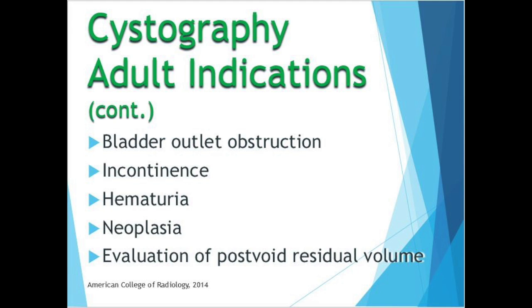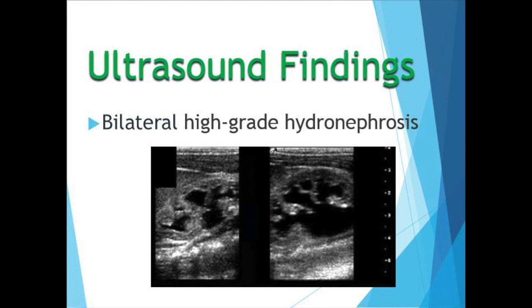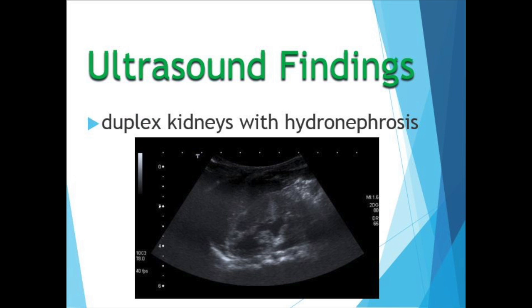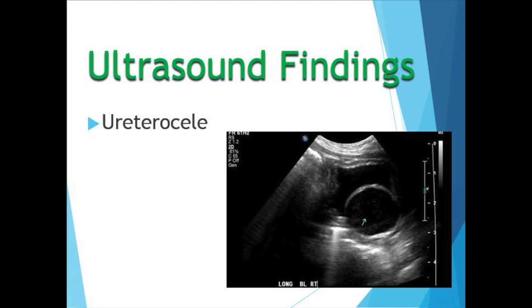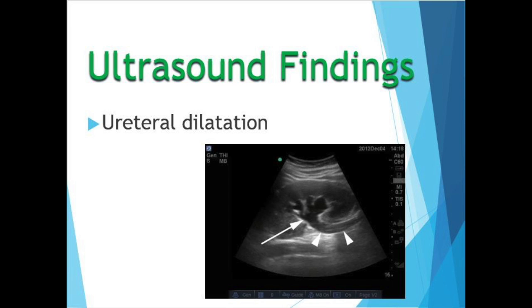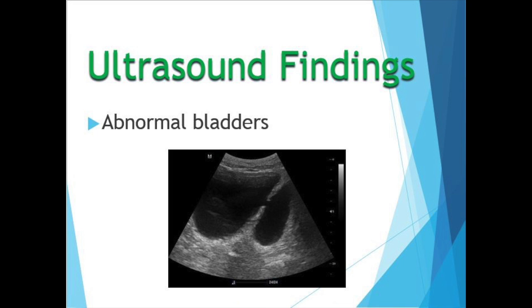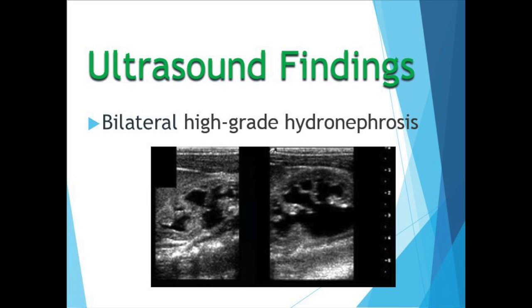A VCUG examination is recommended in patients with the following ultrasonographic findings: bilateral high-grade hydronephrosis, duplicate kidneys with hydronephrosis, ureterocele, ureteral dilatation, and abnormal bladders. This is because the likelihood of vesicoureteral reflux is much higher. When infants who are diagnosed with prenatal hydronephrosis become symptomatic with UTI, further evaluation with a VCUG exam should be